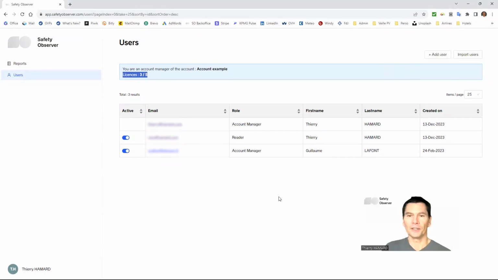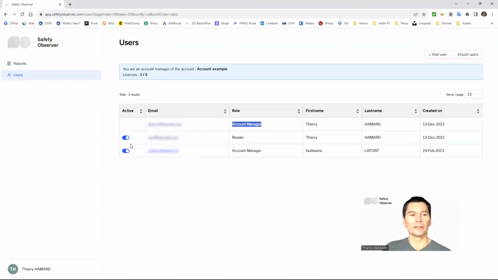So I'm going to move this. And you can see here that I have two individuals assigned the role of account manager. It's very important for you to know that there can be several account managers, and there is actually no limit to the number of account managers for a client account. So there is no limit, there is no restriction. You can do whatever you like with this. And all the account managers have these rights to manage user accounts.